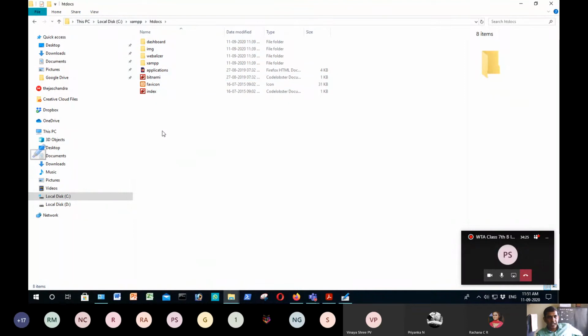Later we will place a file and see it in the coming class. So local directory, C drive, XAMPP, htdocs. That means I need to place all the directories here in this folder. So this is the document root for Windows. Keep that location. If you want to place a web page or an image, you should place it within this directory: C drive, XAMPP and htdocs.